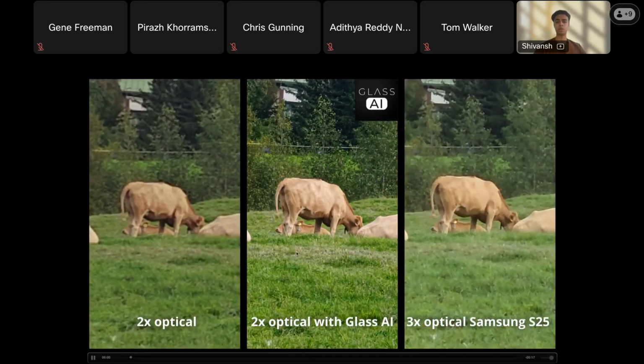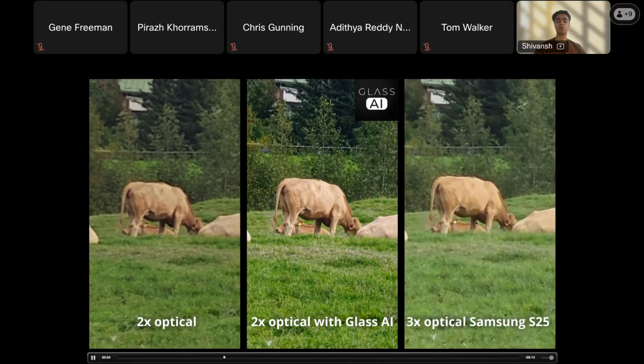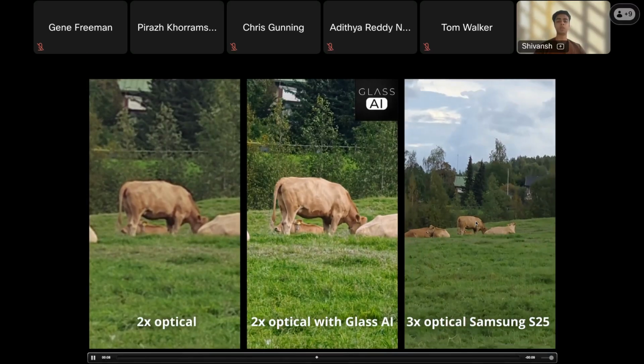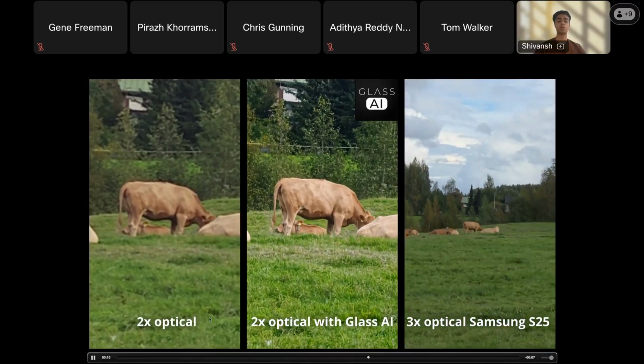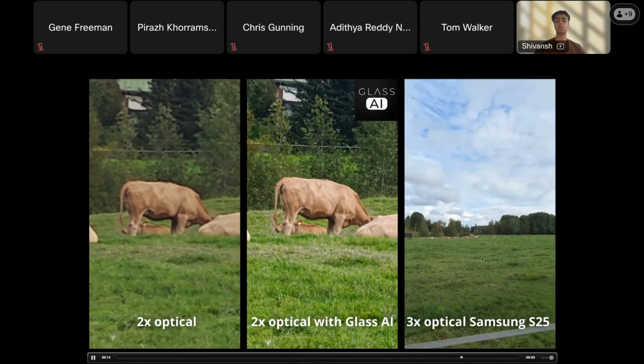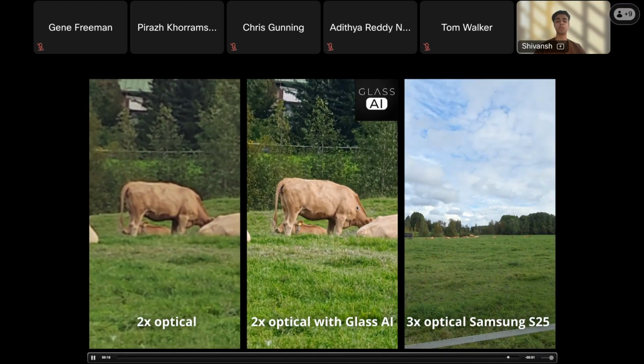Even in this scene, I try to zoom out to show what the reference scene was, and we still observe similar benefits. This is again 2x optical compared with 3x optical on the S25, and this is a highly zoomed-in scene.